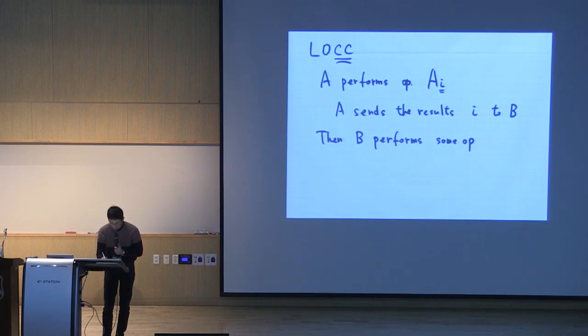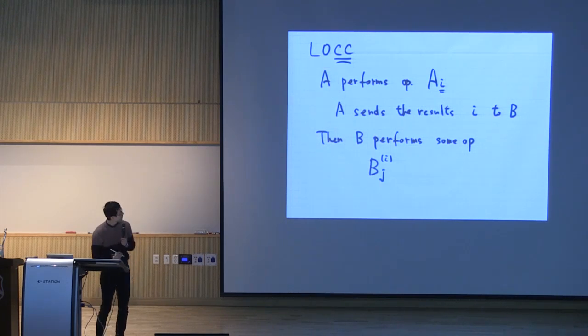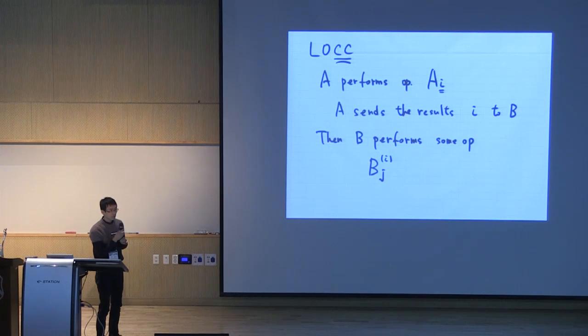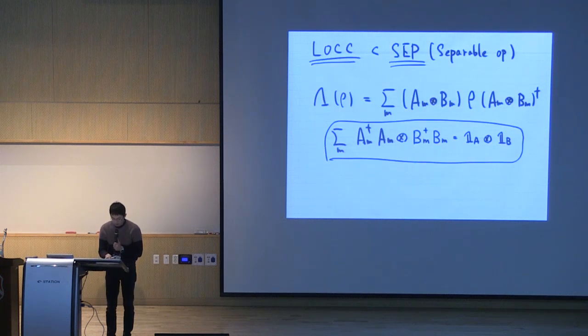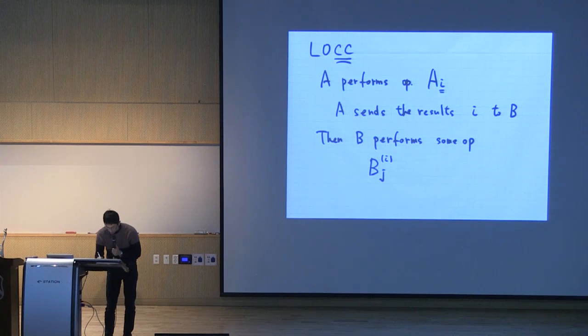So now he can perform some operation which depends on i, but he also has some operation depending on his measurement, j. So now his operation depends on two parameters, i and j. So you end up with, previously we had A_m times B_m as an operator. But now you have